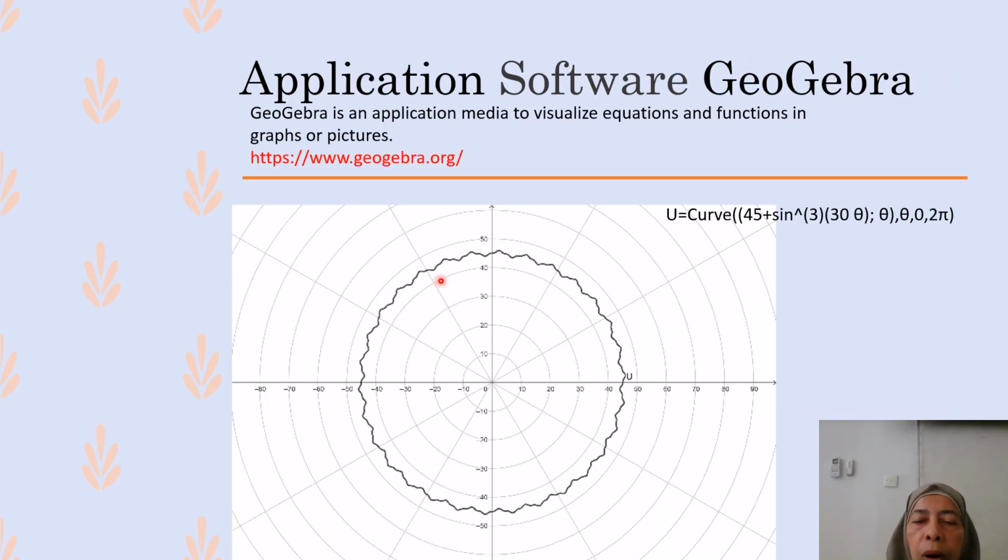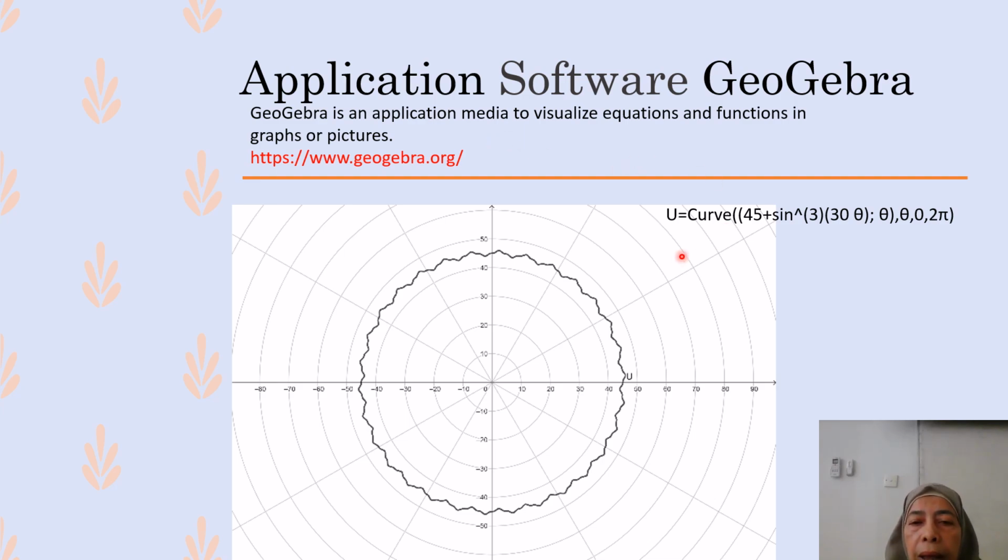When we want to draw a picture like this, we can use software applications like GeoGebra. We use GeoGebra here since this application is open source.